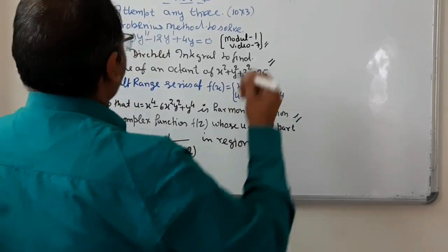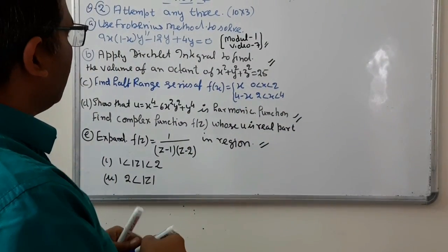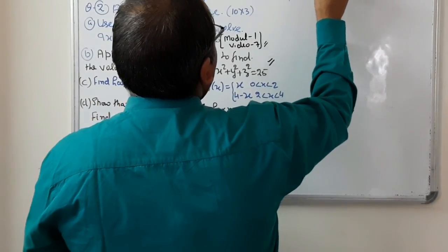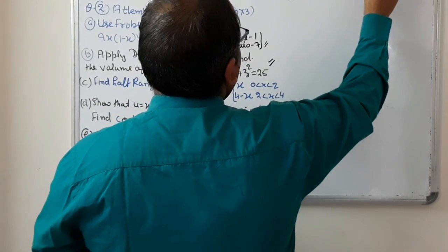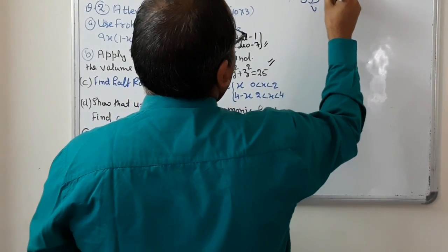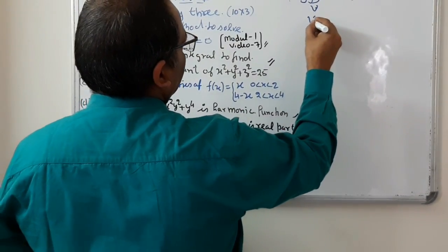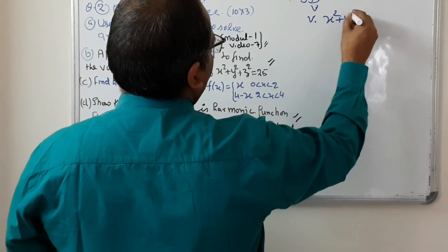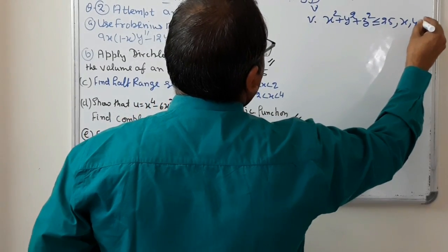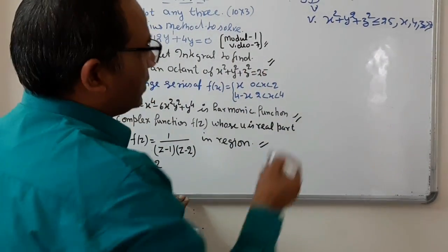First, I start from question number B part. In the B part, he asked to find the volume in the first octant. So write volume in first octant, that is equal to triple integration over B of dx dy dz, where B is x square plus y square plus z square less than or equal to 25 and x, y, z greater than or equal to 0. This volume is given by this one, right? B is given by this one.